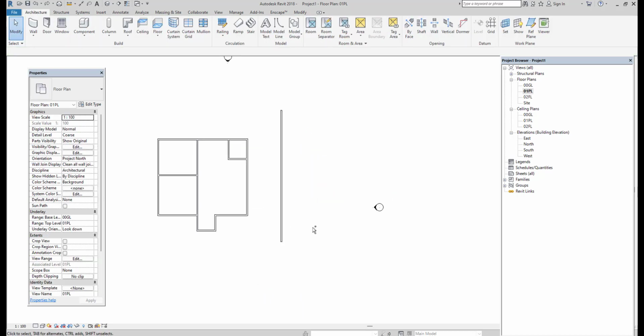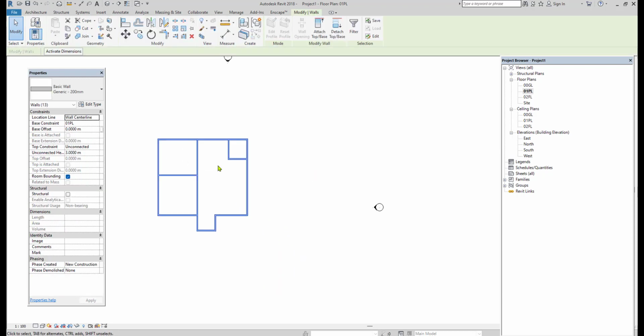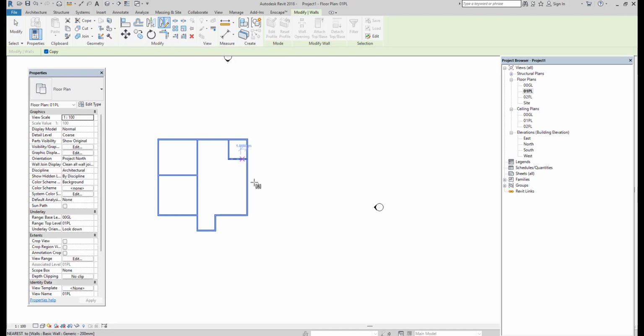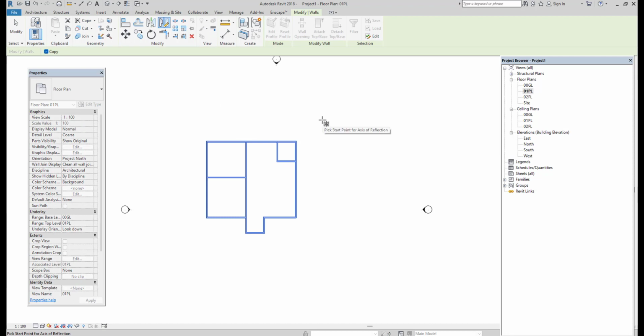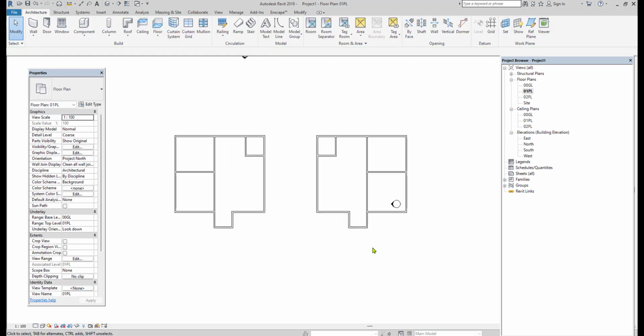In the same way, when you don't know the mirror axis, you can still mirror the selected object with the help of the draw axis option, that is DM. Manually you have to draw the axis like this. Make sure at what distance you want the mirror, and leave that portion here. That is the first point of the mirror axis line and the second point of the mirror axis line. Like this, depending on the requirement, you can do the mirror.